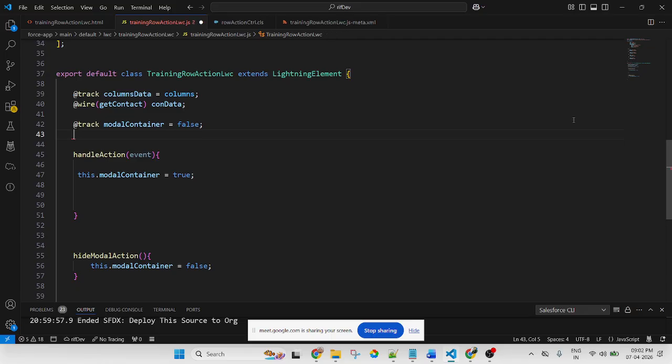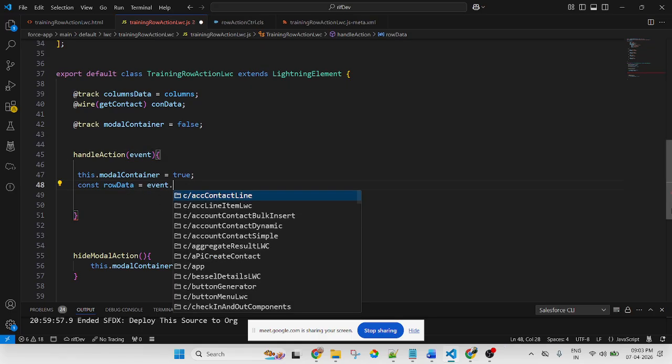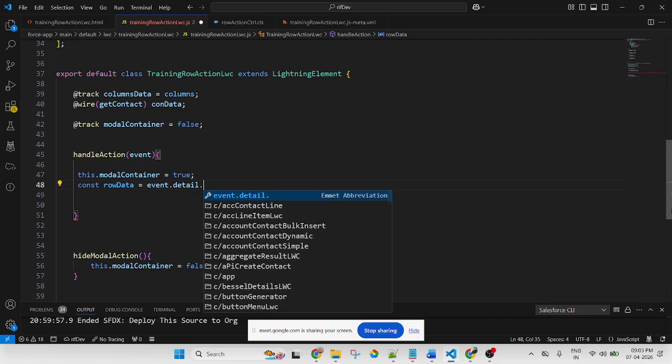So first of all, create a track variable. Actually, for row data, track is not required here; you can simply create a constant variable, row data, equal to event.detail.row.